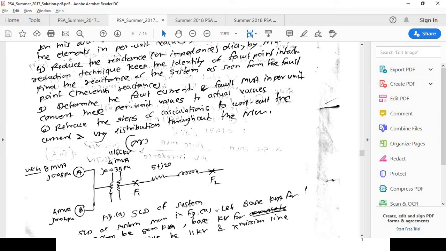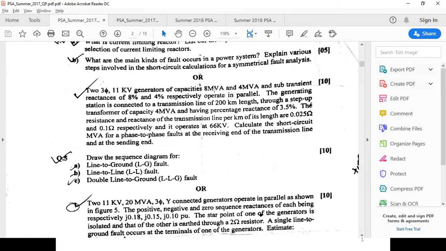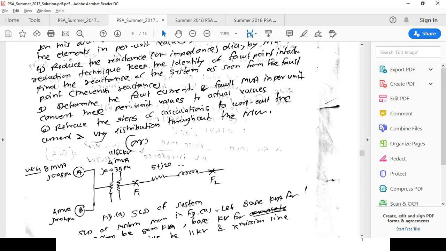This is the transformer and its rating is given. Then the transmission line has a length of 200 kilometer, and the resistance and reactance of the transmission line per kilometer of its length are 0.025 ohm and 0.1 ohm, and it operates at 66 kV. That is, resistance and reactance of the transmission line are given, from which you can calculate the impedance. So it is 5 plus j20,